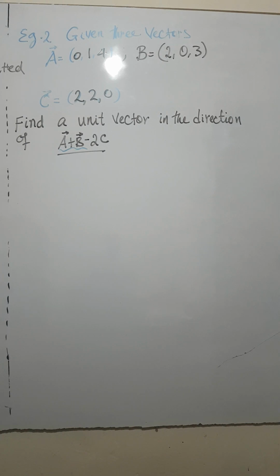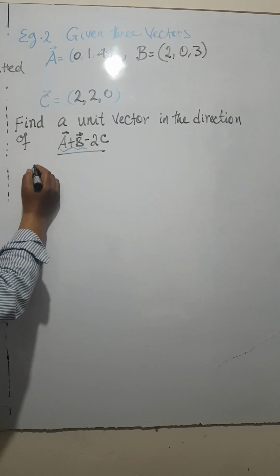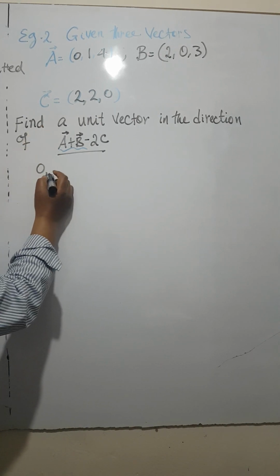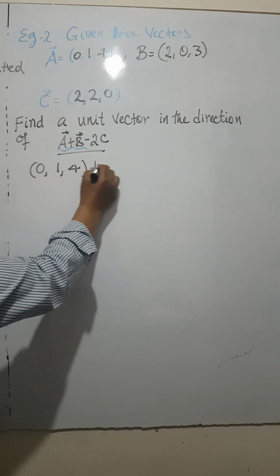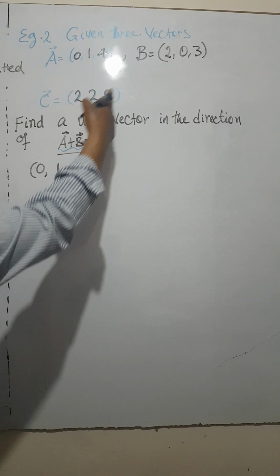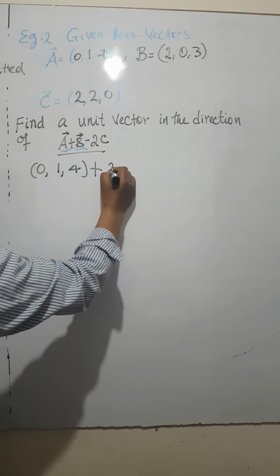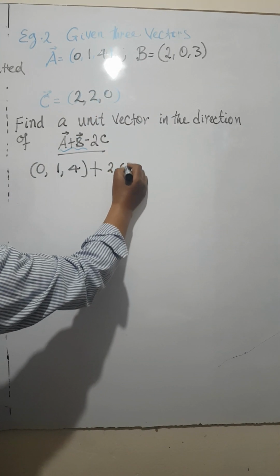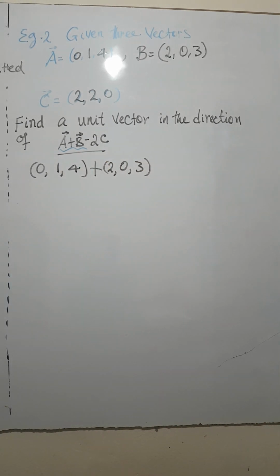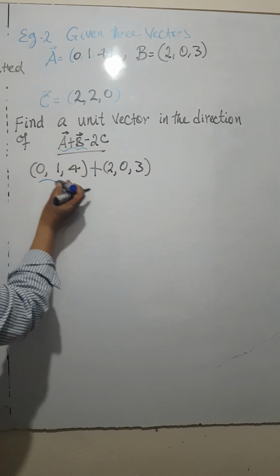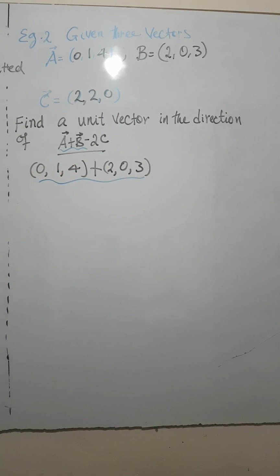So vector A is 0, 1, 4 plus vector B, which is 2, 0, 3. ሁለቱ ቬክተሮች መደመር ማለት ነው።